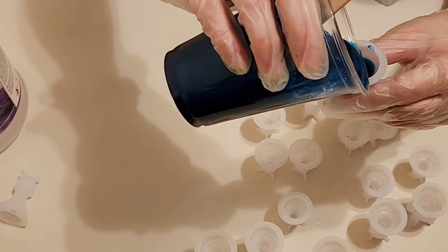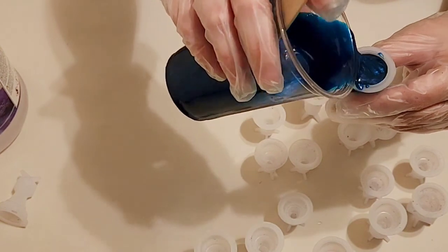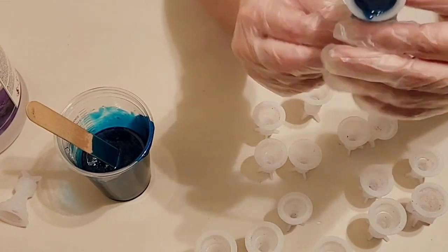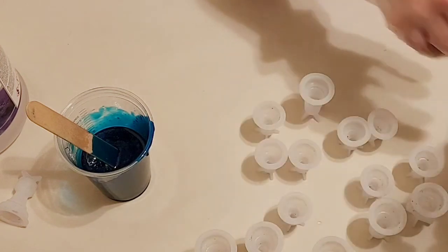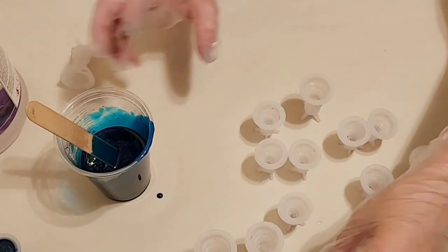The top and the bottoms weren't connected at all. There was an air bubble in it, so it came out in 2 pieces from the mold. And then once you do all the pinching, then go ahead and fill it up. You don't want to fill this up all the way first, because then when you pinch it, it'll overflow. So then once you have done that, then just set it to the side somewhere safe and move on to